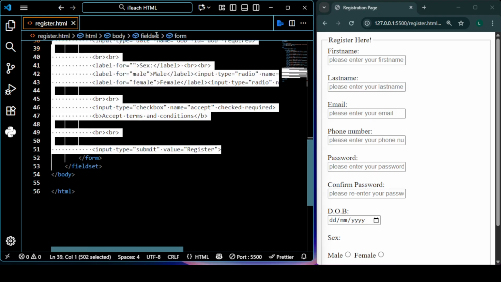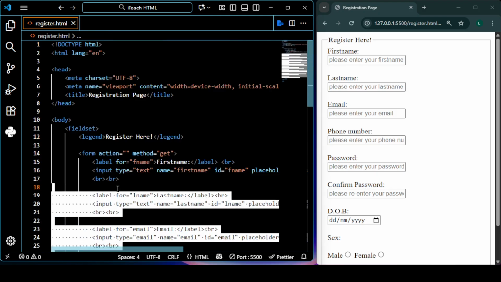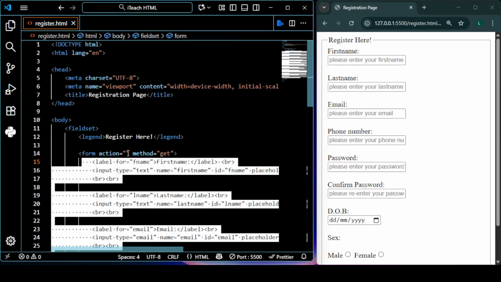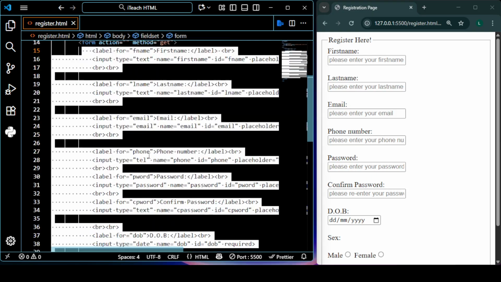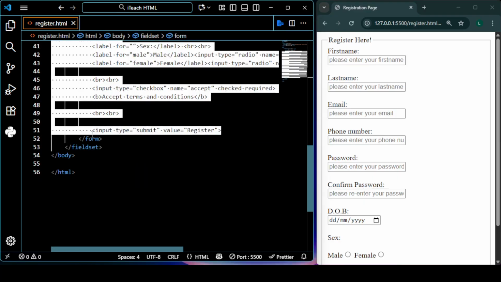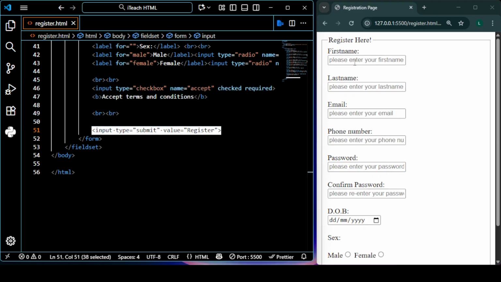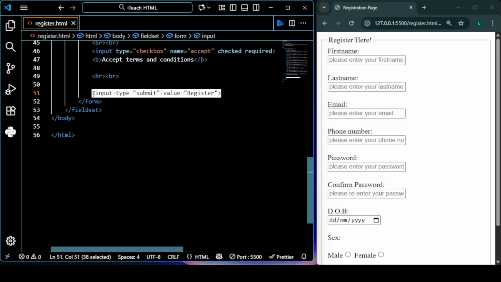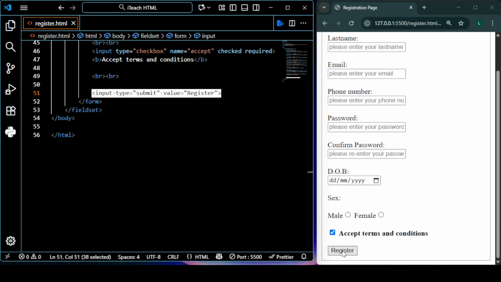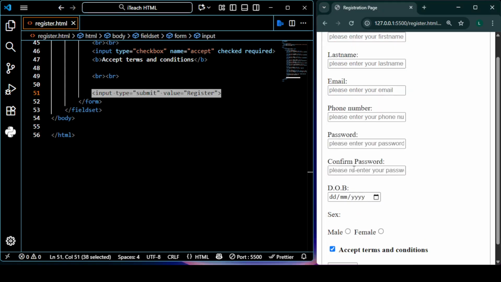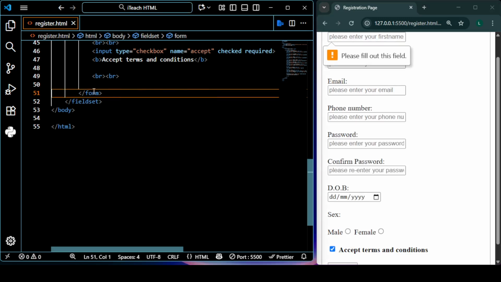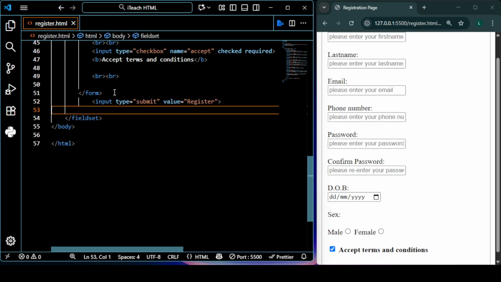As you can see, all other form elements are inside the opening and the closing tag of the form. If this register button should be outside the form, it's not going to see it as form data, so when you click on the button, it's not going to do anything. You can see this button is still working now. If I remove this button and paste it outside the form,